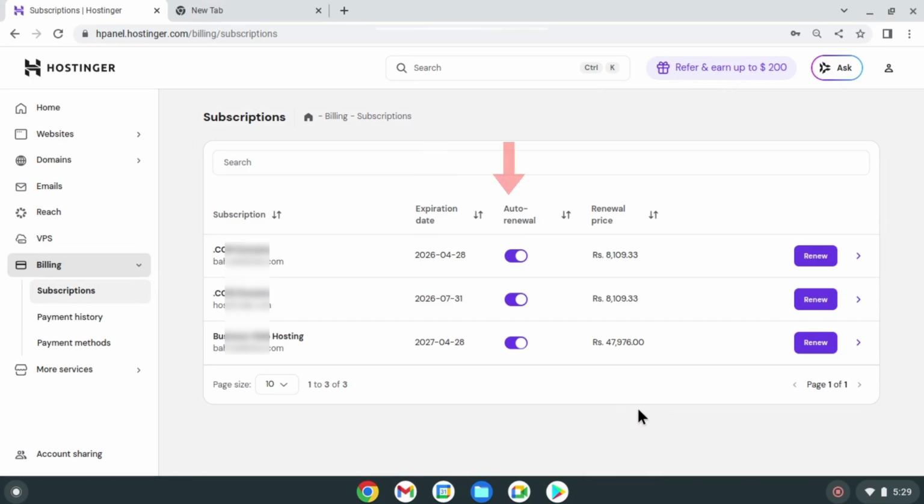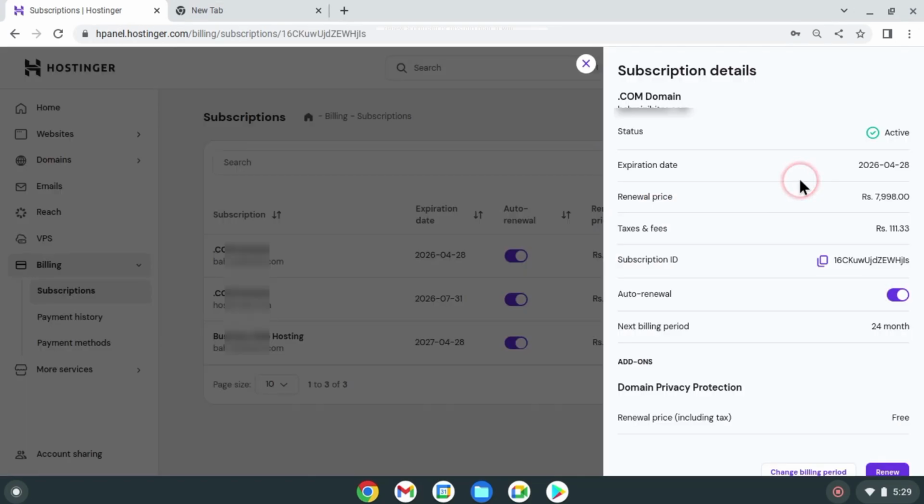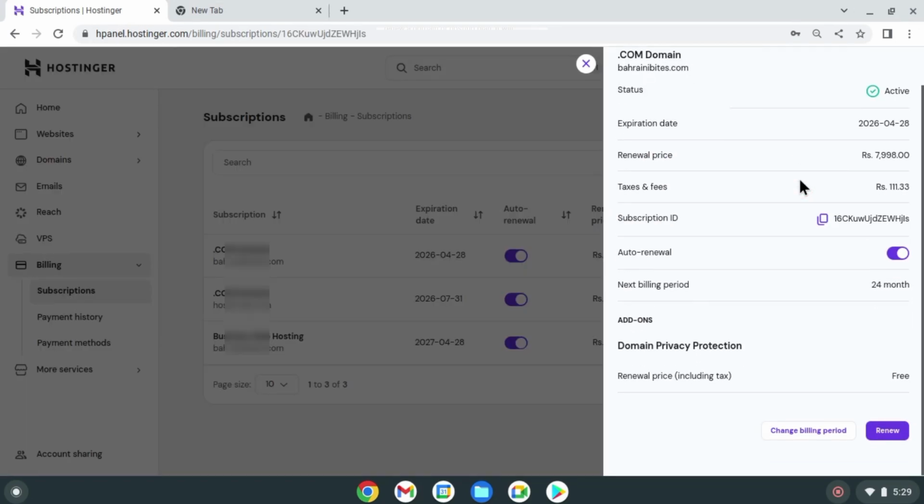You will also see an option for auto renew. If auto renew is turned off, make sure to turn it on. Next, you will see the price for each domain or hosting plan. If you want to renew for another 12 months, simply click the arrow next to renew for the domain you want to renew. Once you click, all the details of the domain will open, including its expiry date and the